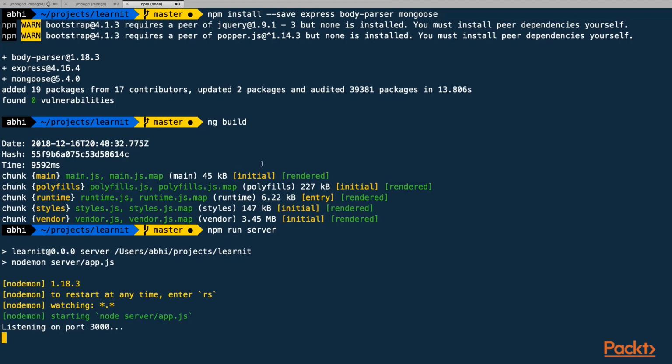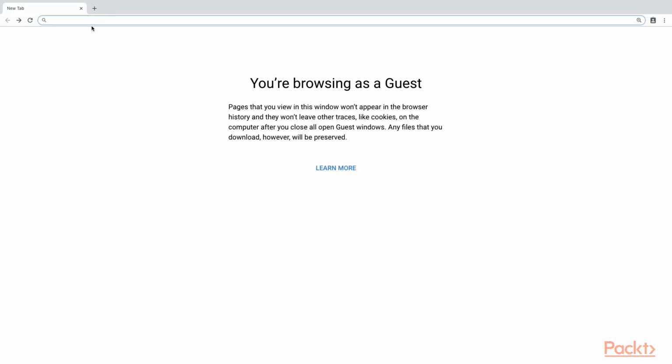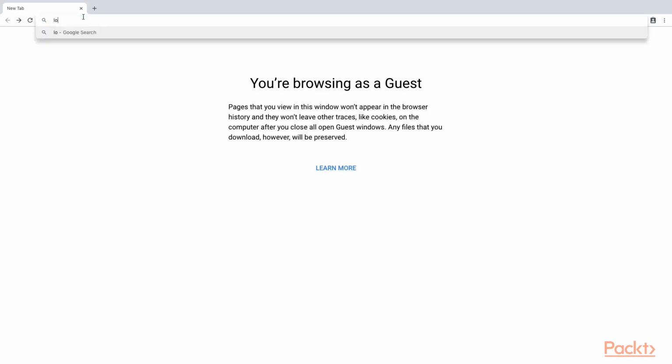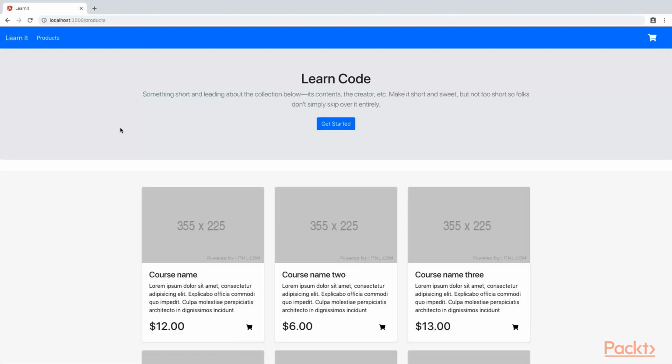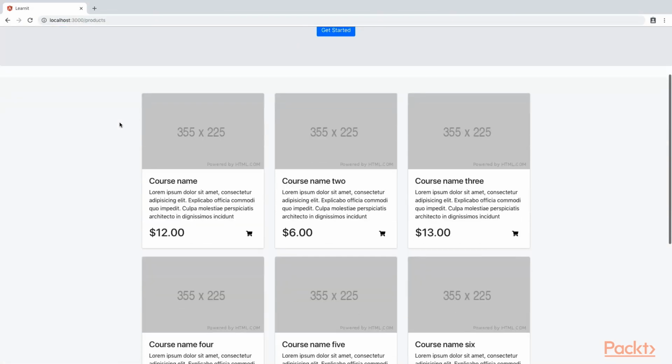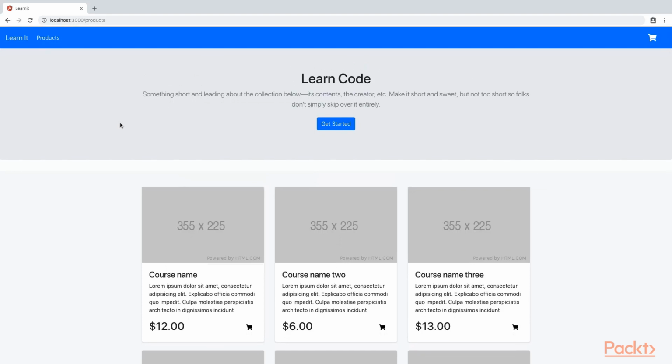and you can see we are listening on port 3000. So I can go to localhost port 3000 and we should see our Angular app, and yes, we do. Great. So we've set up our server,